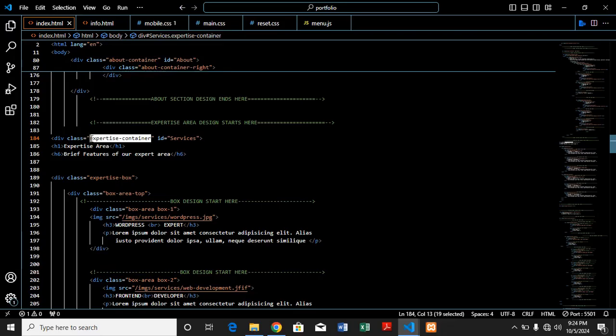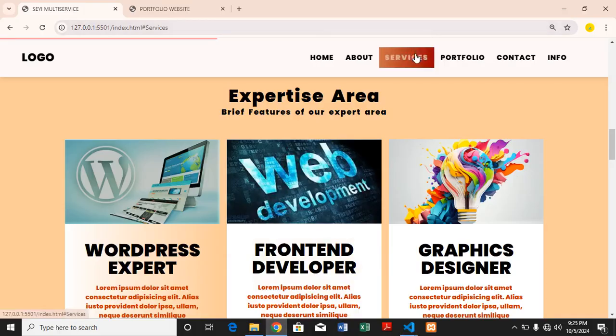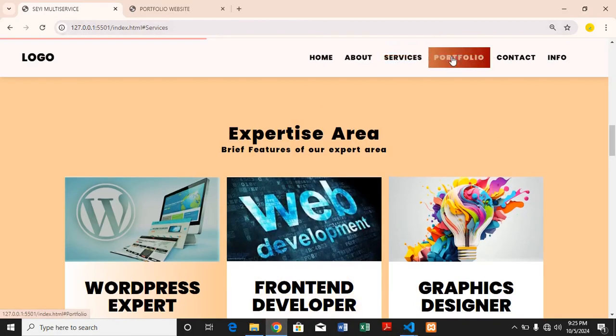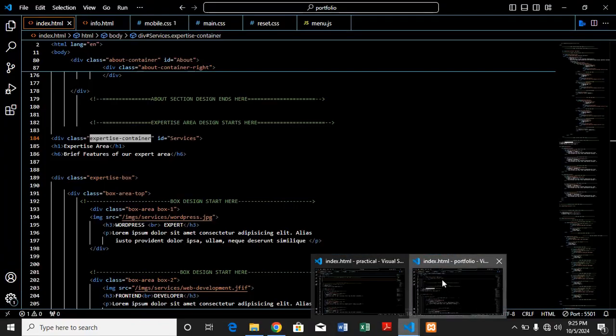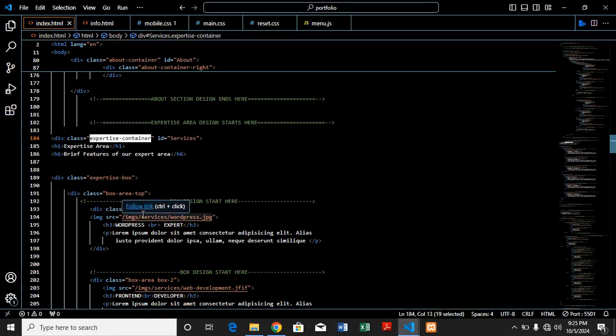When we have the expertise container, we give it an ID of services. The reason for the ID is so that when we click on it here, it can scroll straight to the expertise area. That's why we use the ID for all of those things. We use the IDs to do that. So we give it an ID of expertise container. Now when we give it that ID,